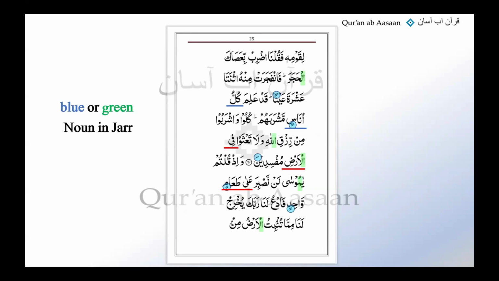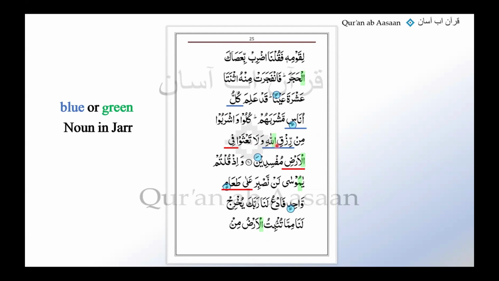And then any other one on this page? Allahi. Excellent. We look back. We found a no al, no tanween possessed noun, rizqi. This followed by a noun in jar, rizqullahi, together are making a murakkab idafi. So we'll be underlining it blue.